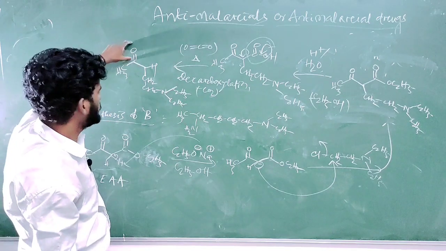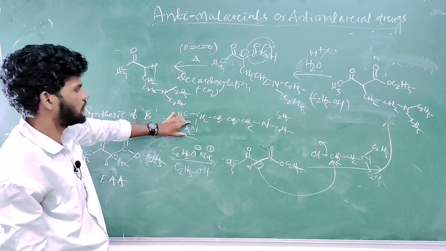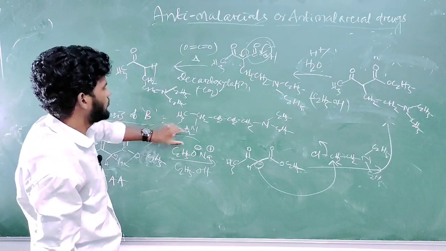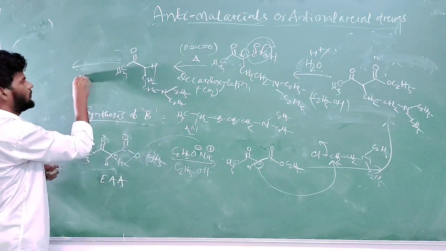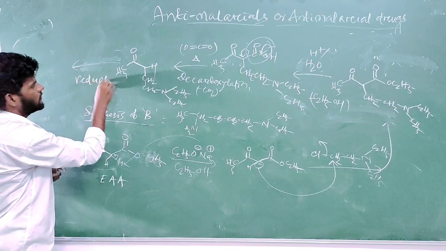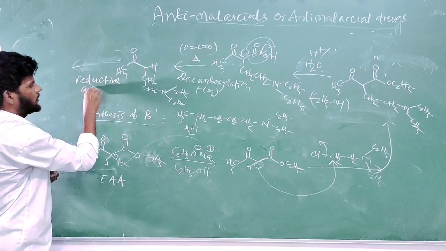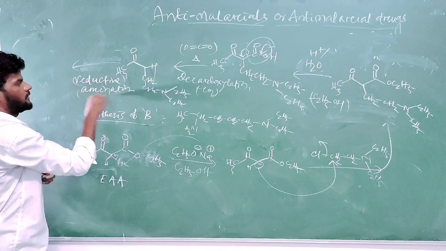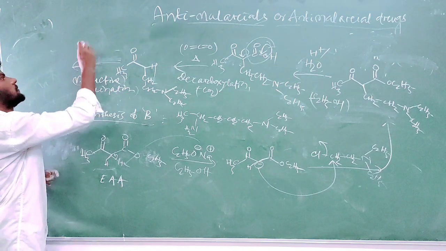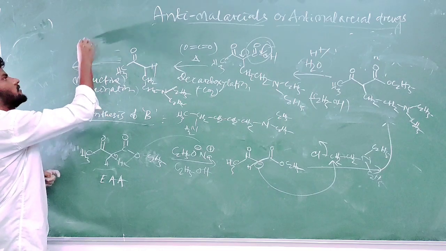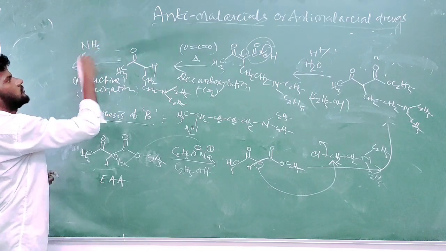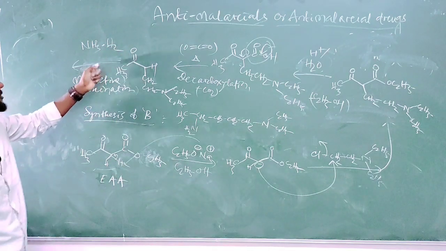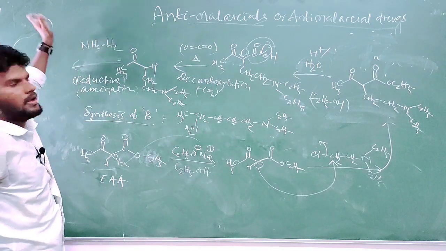C2H5. Now from this we have only a carbonyl, and here is the difference: the desired compound has an NH2 group. So how do we form NH2 from the carbonyl? You can use a reductive amination step. Amination takes place, and at the same time reduction also takes place. The reagent is an amine, NH2, in the presence of H2. This is reductive addition of an H2 group to a carbonyl group or imine group.